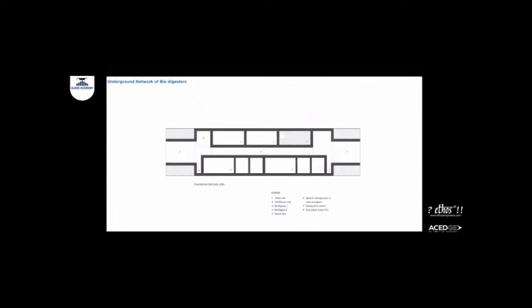Yeah, that's the plan. In the bottom, the biodigesters are three tanks, one large and two small. So there are two biodigesters, and on the top, the one that says number one are two water tanks, and to the right of it is a pit to control the growth of that tree, around which we were building the toilet.